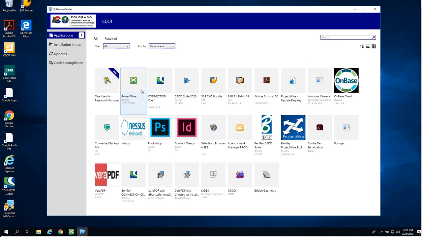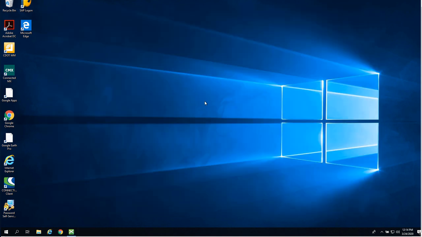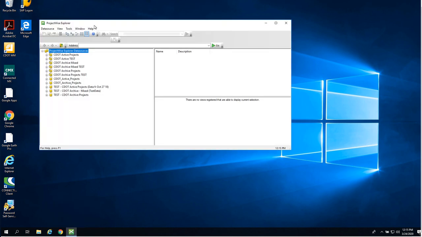Go ahead and select the ProjectWise Bentley 10.00.03.262 package and install. Once that's installed, you may launch ProjectWise. Before we log in to the new CDOT Active Projects on the hosted data source in the cloud, we're going